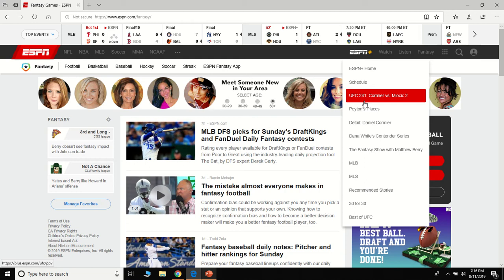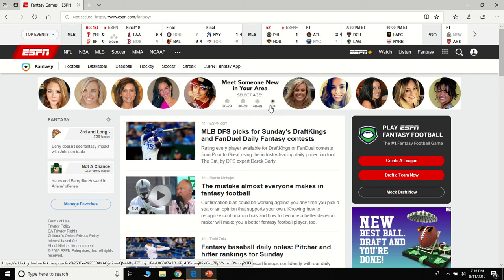For the draft, you need to do this on a computer, not on your phone. There is an app you can download for your phone, and you can set up your teams every week that way. But this, I think, is only available on the computer site. So go to